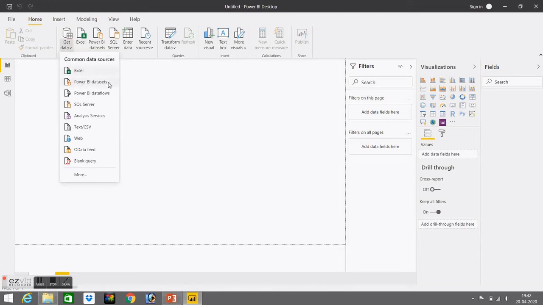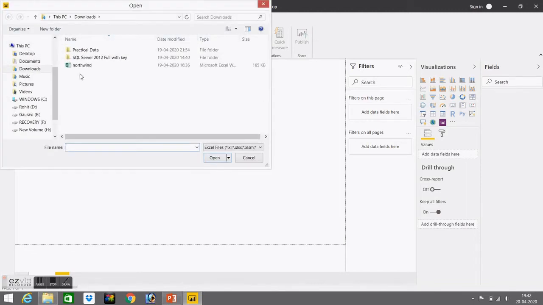Here are many options like Excel, Power BI datasets, Power BI dataflows, SQL Server, Analysis Services, Text/CSV file. The CSV file we already used in our practical in SYBSc IT. Or the OData feed. There are so many sources available. We are going to make our practical based on an Excel workbook. Let's click on Excel.